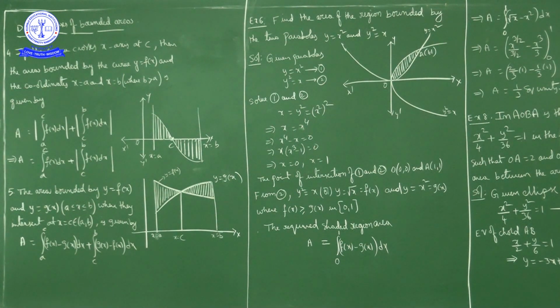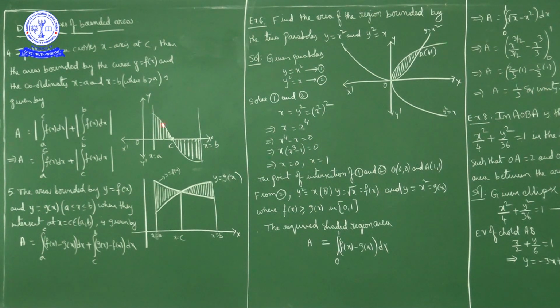Okay, so we'll simply keep modulus. Anyhow a to c is positive area only, above the x-axis is positive, so no need of modulus. So area is equal to integral a to c f of x dx plus, below the x-axis from c to b, modulus of integral c to b f of x dx. It is nothing but: if some part of the curve is above the x-axis and some part is below the x-axis, the above part we calculate as it is, and for the below part we keep modulus, because above the x-axis we get positive and below the x-axis we get a negative value. So to avoid negative quantity we will keep modulus.